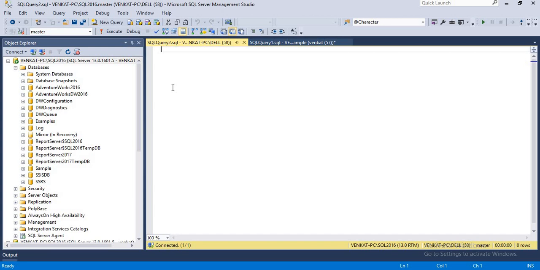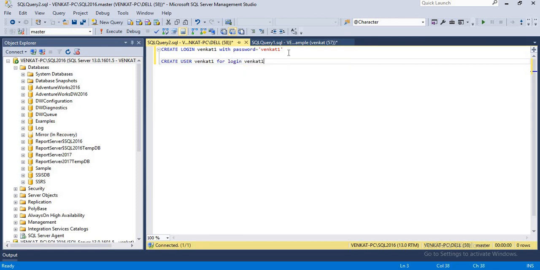Okay, so same way, create login. Let me put the username as Venkat1, since Venkat is already used. I'm going to define a password here. I can put whatever password I want, but for the time being I'm simply keeping it the same as the username. So this is the user creation. Once the user is created, I need to say that the user is used for login. I want to use the same name for login.